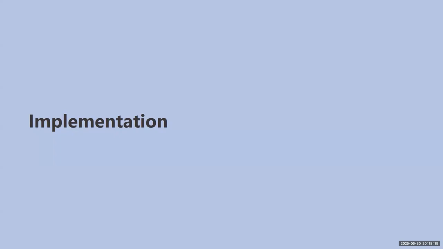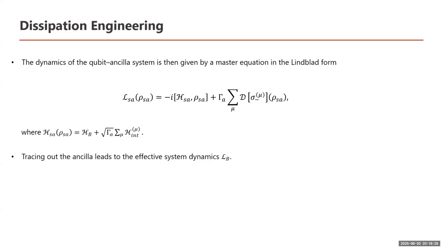Now let's look at how the continuous path recovery map can actually be implemented, especially in circuit QED systems. Let's consider the dynamics of a combined system with qubits and ancillas, as we saw earlier, which is governed by the Lindblad master equation. So in this case, the Lindblad master equation can be written like this, where SA denotes the system and ancilla,